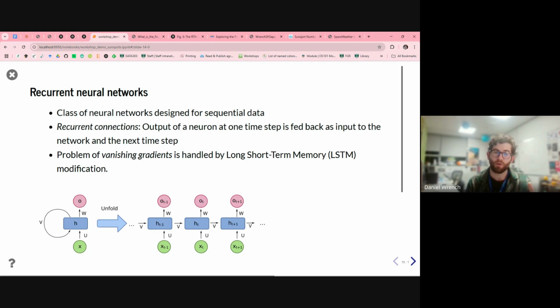However, you do have a problem with this model, something called vanishing gradients, where as you go too far back in time, as far as I'm aware, the basic idea is that the model forgets what happened too long ago and therefore loses potentially important information about earlier on in the sequence. And so the key breakthrough to deal with this problem was something called the long short-term memory network, or LSTM, and that helps to overcome this problem with vanishing gradients by using clever tricks to retain more of that older information.